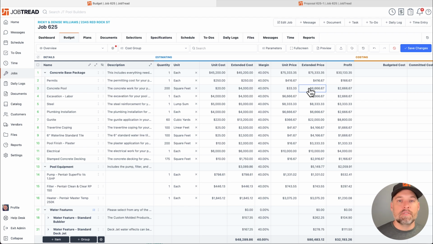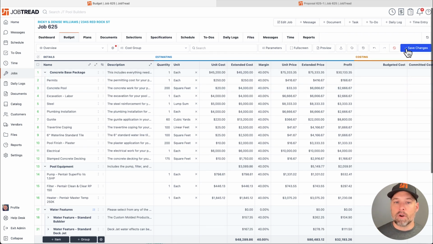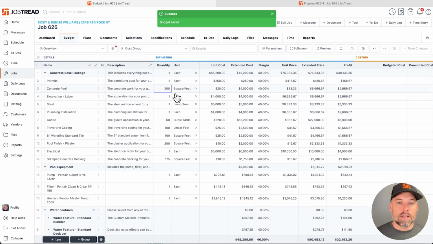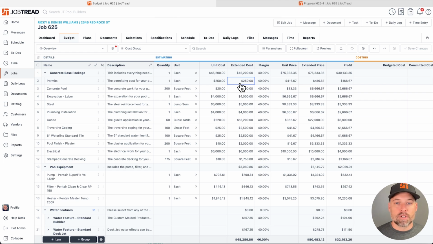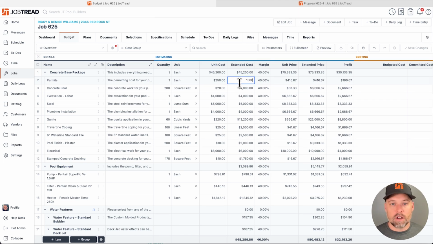You could always deviate from this. You can change that number as needed, but we're telling you what you need to charge the customer if the goal is 40%. So I'm going to save this real quick, and I want to show you one more thing. A really nice feature is, let's say permits go up. Permits are now going to be $1,500 for whatever reason. Notice as I update that cost, it's automatically going to update the price to the customer based off that goal